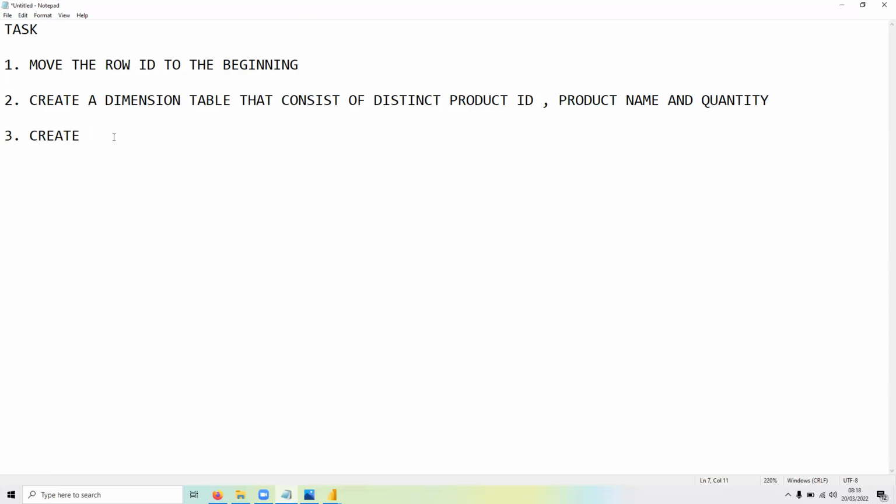Another thing is to create another dimension table showing distinct customer ID and customer names. All right. So the next question is